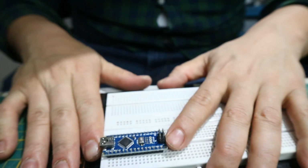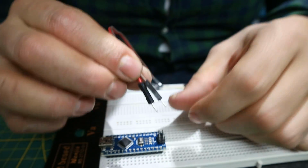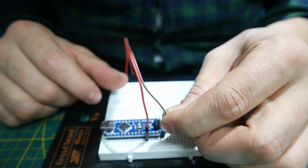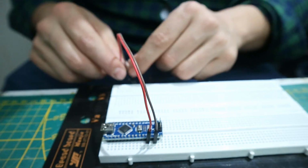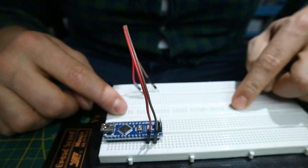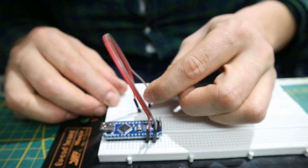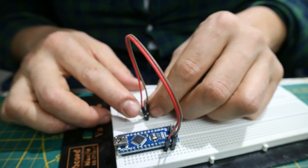So to power this, I'm gonna grab these breadboard cables and plug one right in there to that 5 volt and the other one to the ground, the negative. And since that middle line is going to be like our power bar, so to say, we'll connect this red one here and this one for the ground will connect there. It can be next to each other, it doesn't really matter,